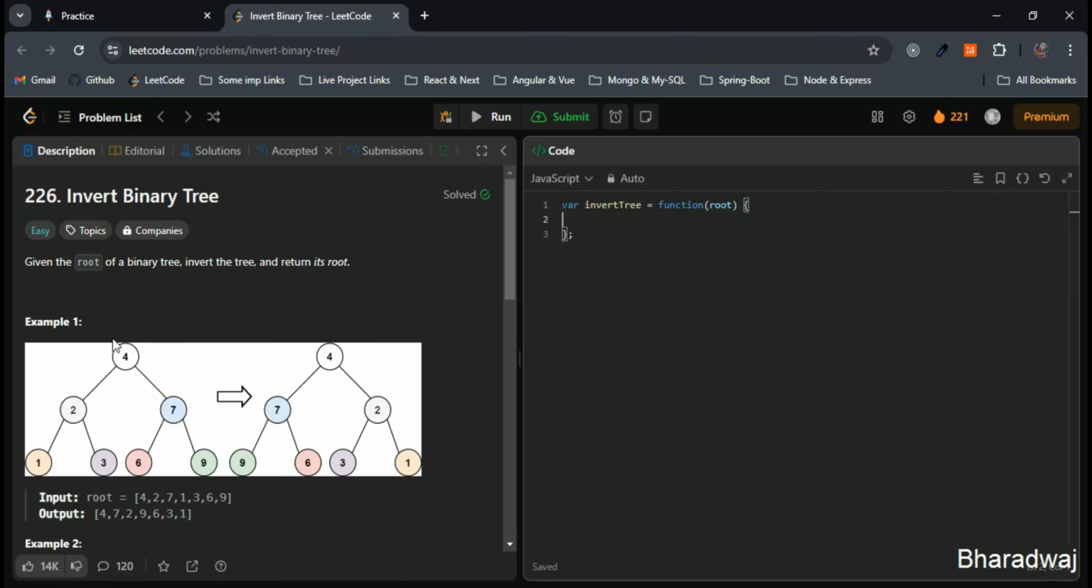Hello everyone. Today we'll be solving the Leetcode problem number 226, invert binary tree. What the question says is: given the root of a binary tree, invert the tree and return its root. In the example they have given,